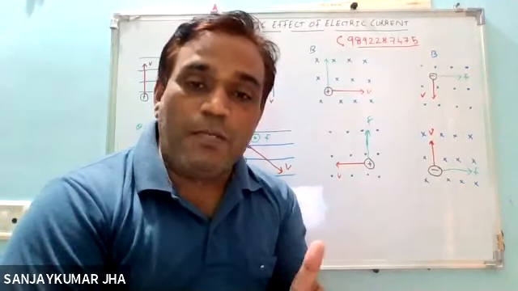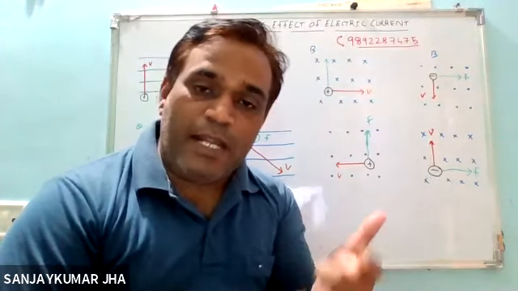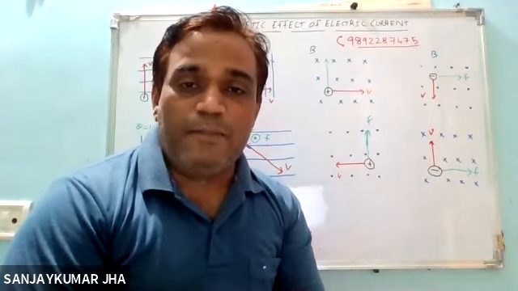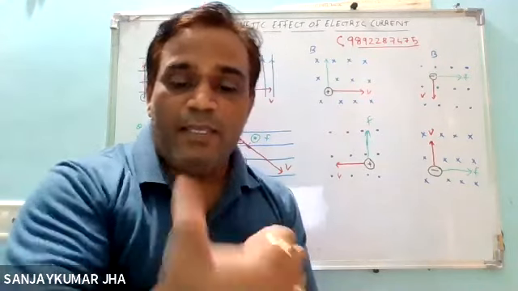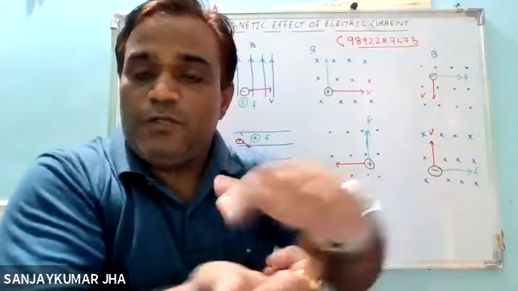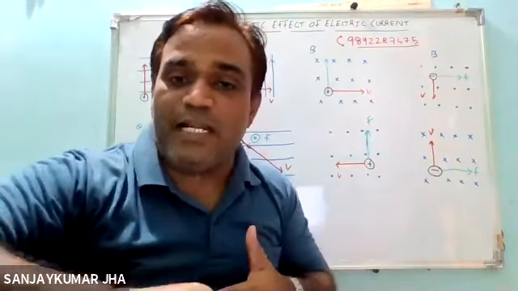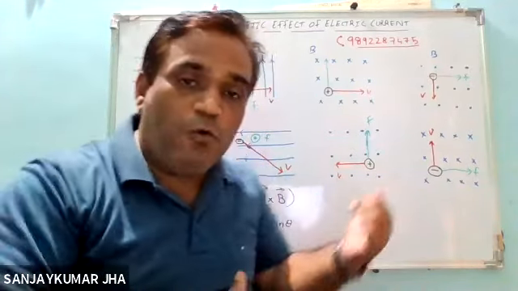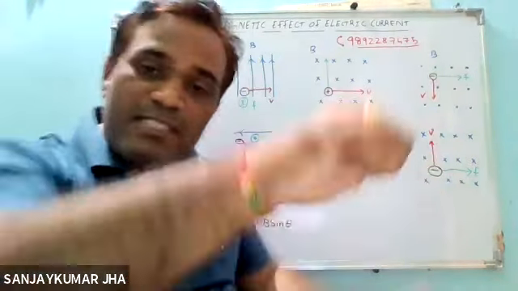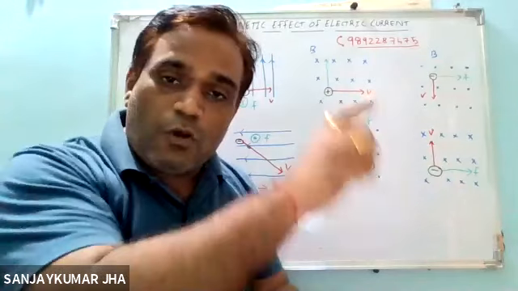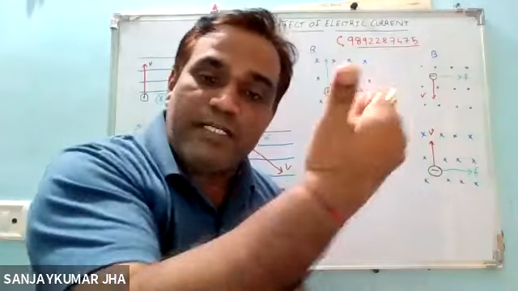What is a dot? Dot means perpendicular to the plane in the outward direction, and cross means perpendicular to the plane in the inward direction. Outward direction means, say, in this way. This is what we have as outward: the thumb is towards you, that means it is outward. The thumb is towards me, that is inward. So outward means outside the board and inward means inside the board. So cross represents inside the board and dot represents outside the board.